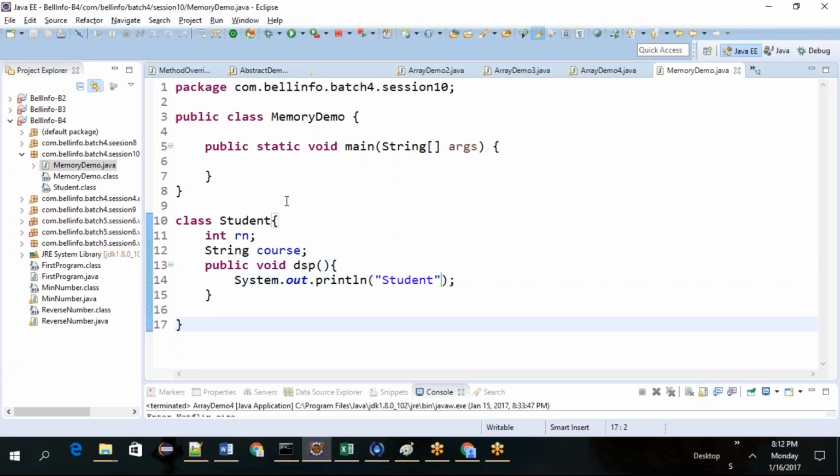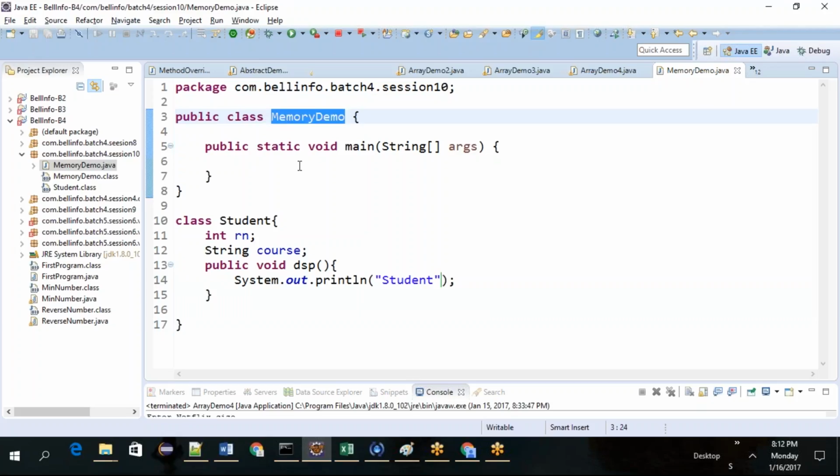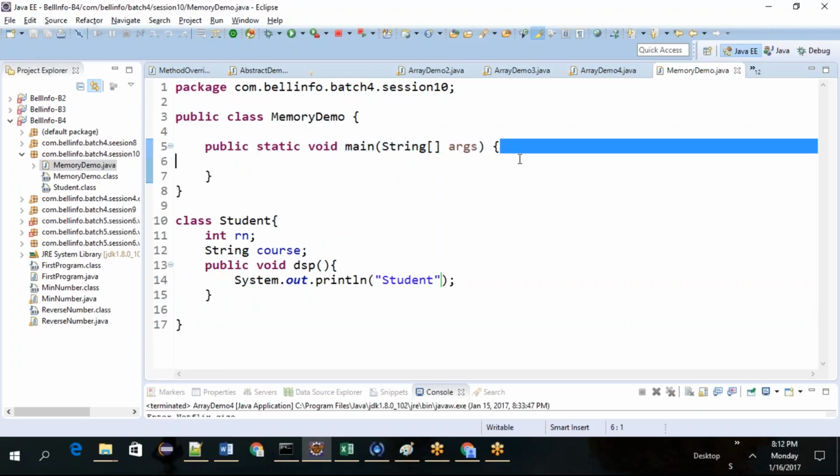Now you run this program. Just run this program. What will happen? Nothing will happen, because you haven't created an object. When you save this program, where is it saved? It's saved in your hard disk. But anything that runs will go onto the RAM. So when you run the program, it tries to load MemoryDemo, it loads it and looks for the main method. And as there is nothing to execute here, it does nothing.